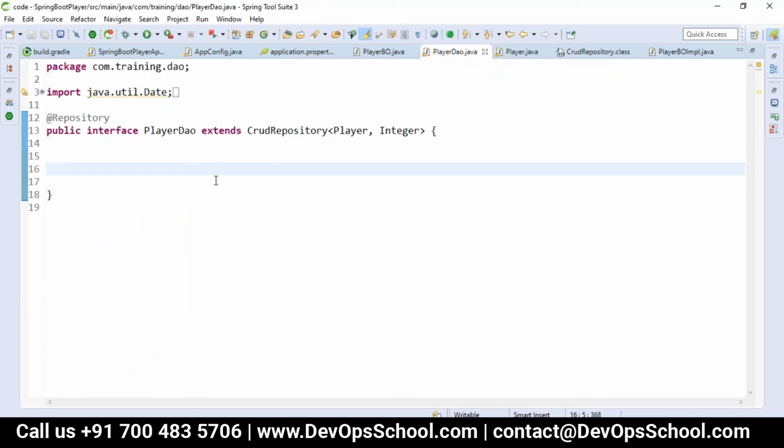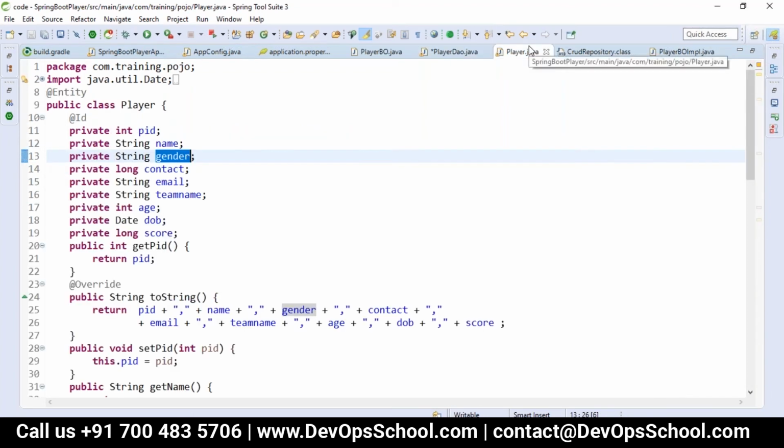Whenever you want to do that, we'll create our own method. Public list, we require players. And here we will not write a get method or something like that, because there is a coding standard to follow: findBy, then the name of the property you have, which is gender.